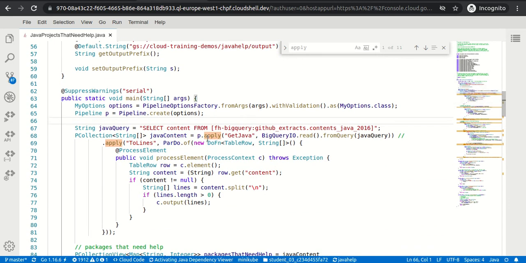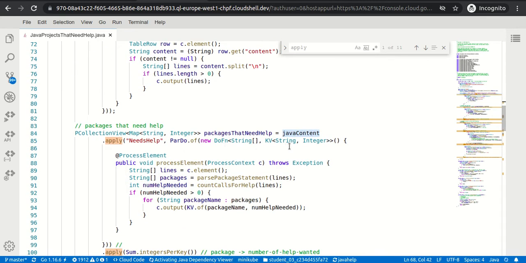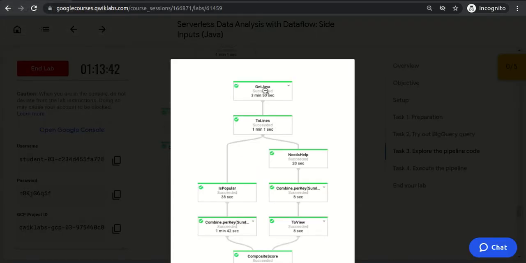This is the first pipeline, p.apply, and 2 lines, and it gives you the Java content, and on the Java content they are applying further functions. If you could see on the Java content, they are calling Java content.apply. So this is part of one pipeline: first step is this, second step is this, third, fourth, fifth, right?